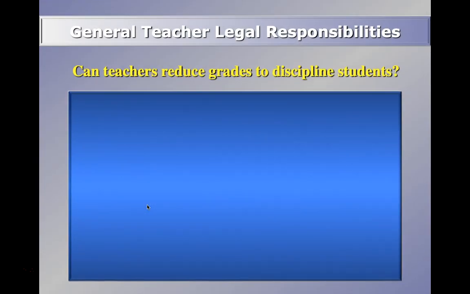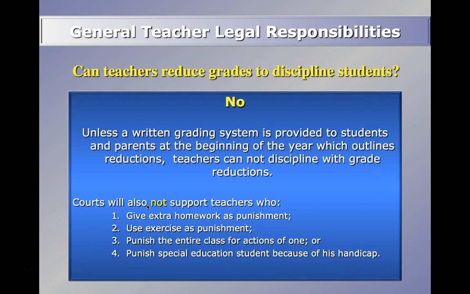Can you reduce kids' grades to discipline students? If you don't start behaving, I'm cutting 10 points off that last quiz. Well, why do you think the courts decided? Answer is no. Unless a written grading system is provided to students at the beginning, in the syllabus, or at the beginning of the year, and the parents are aware of it, that there are reductions for the grade for bad behavior or discipline things, the grade really can't be